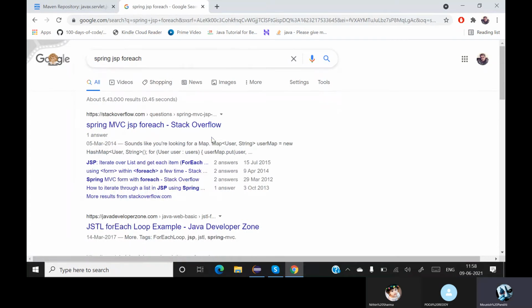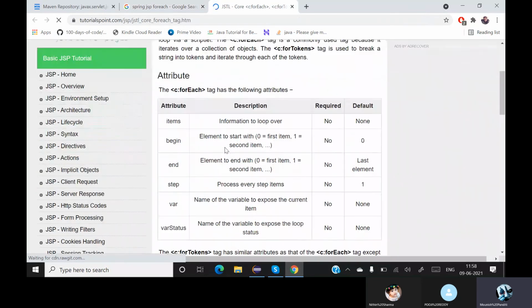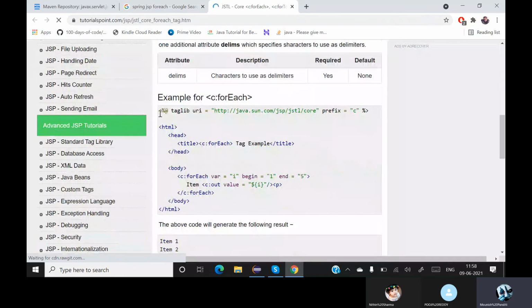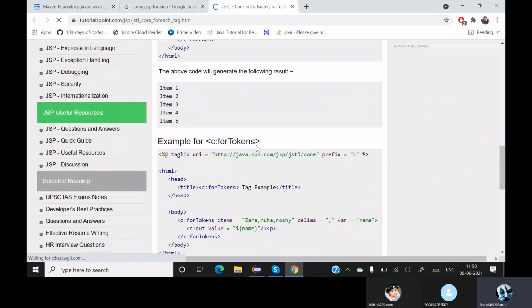Now you will get a lot of things. No need to worry about anything. The only thing you need to know is you must have the JSTL core library. In that you have a for each loop. So basically this is our so-called tag. This is not the official website to search for this, so my suggestion is always go for the official websites.